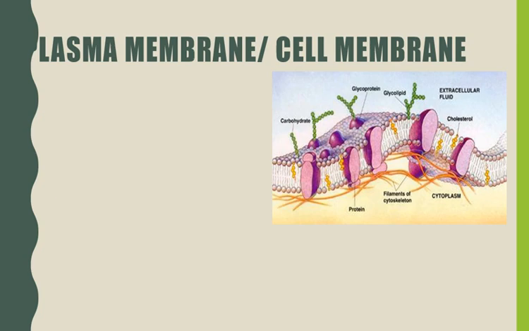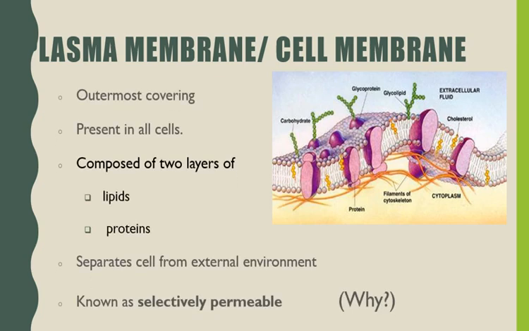Now we'll do the structure of plasma membrane in detail. Plasma membrane is also known as cell membrane, or another name we use is plasma lemma. This plasma membrane or cell membrane forms the outermost covering or the boundary of the cell. It is present in all cells, microorganisms including fungi, plants and animals, and it is made up of mainly two components. You can see in the diagram also